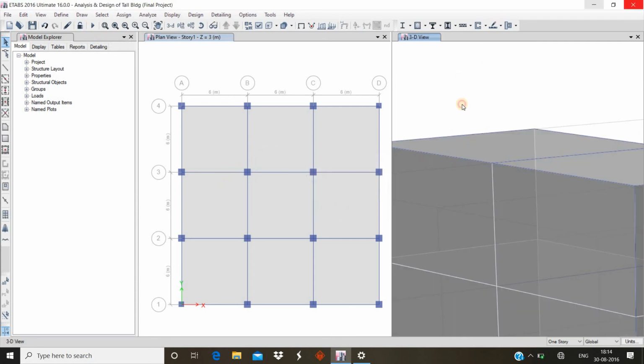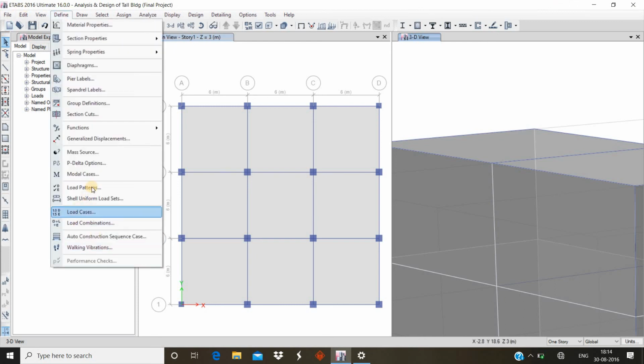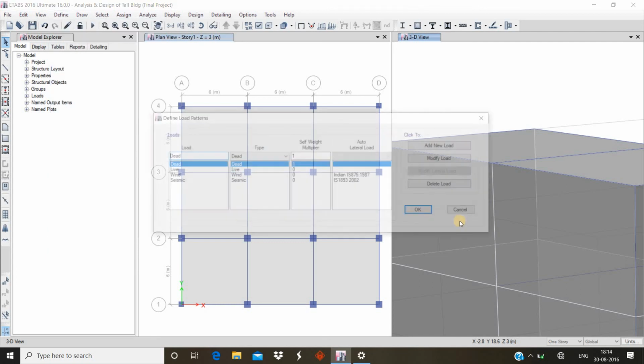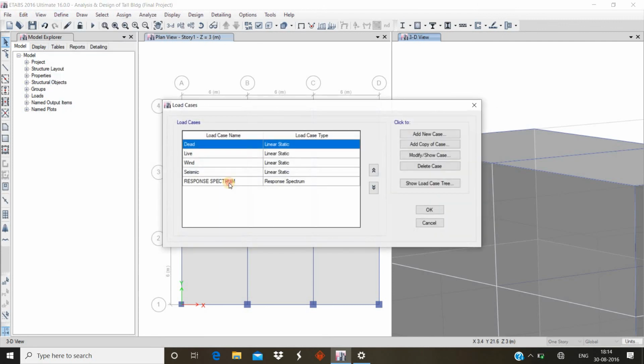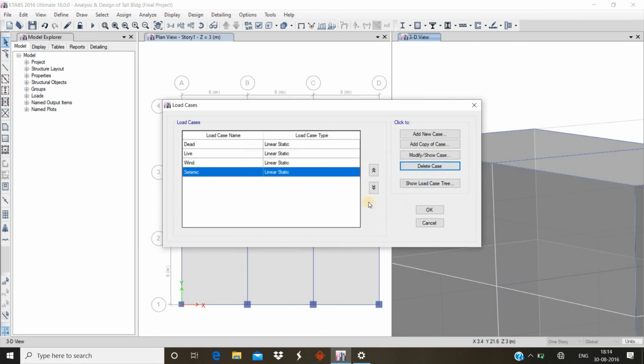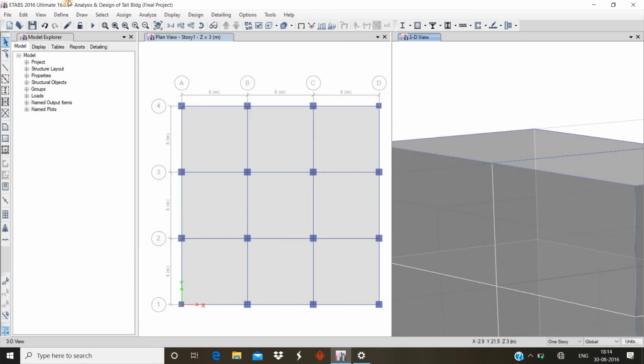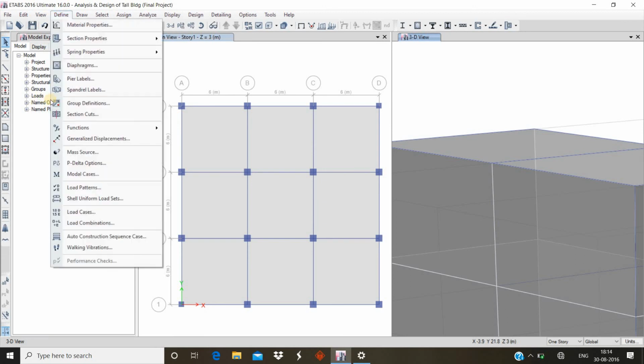Now I am going to delete the other things. I have to delete the load cases, that is the response spectrum case, because I have to show you the time history method.